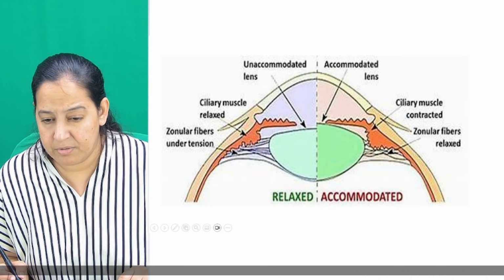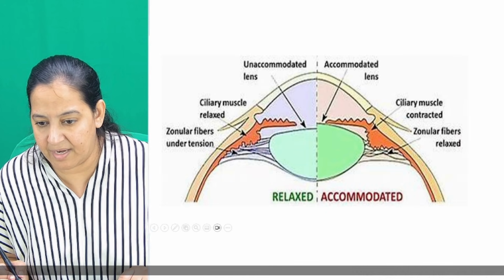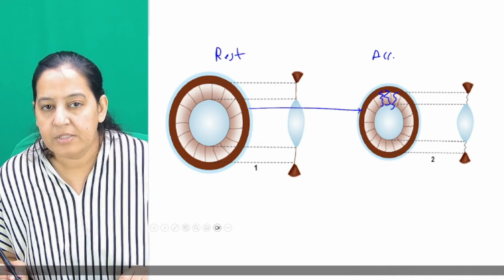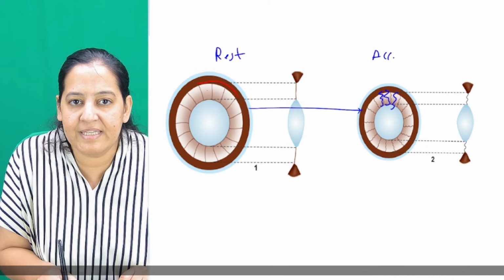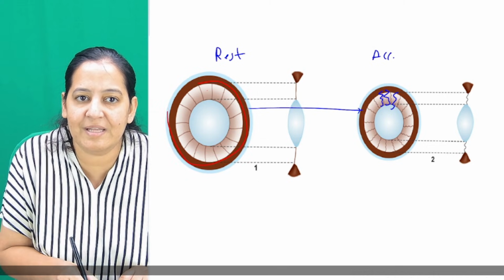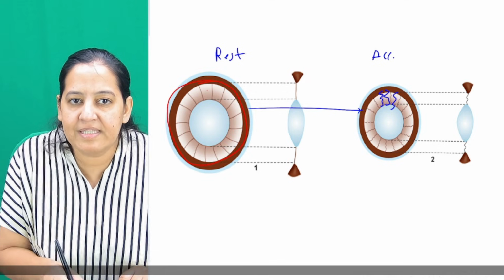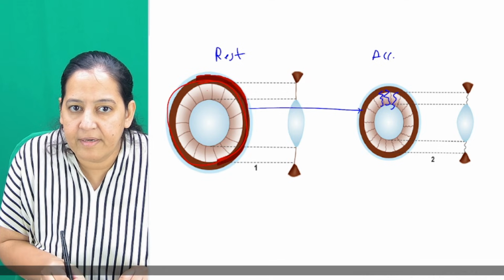What are you saying, Soumya? The ciliary muscle is connected to the zonule, and if the muscle contracts then that will also contract. Soumya, the muscle is like a ring. See, you are getting confused. This is the muscle, and the muscle is contracting. Soumya, this is for you, to clear your confusion.